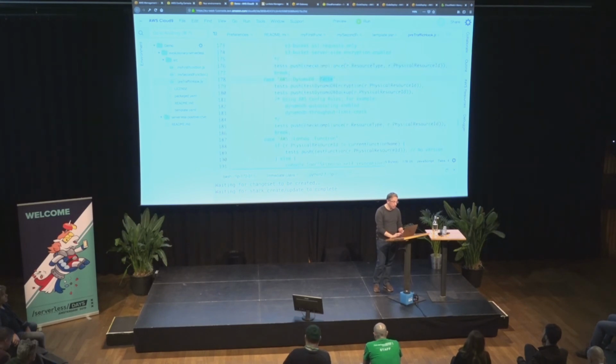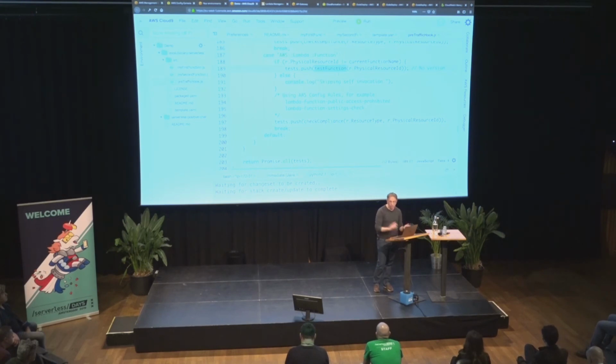For any DynamoDB table, I want to check encryption and backup, and then I do a generic compliance test with AWS Config. For any Lambda function, I want to run a mock test to see that it returns the correct answer, and then I check the compliance for the Lambda function. And then Promise.all will execute all those tests in parallel, and then I get the final result.